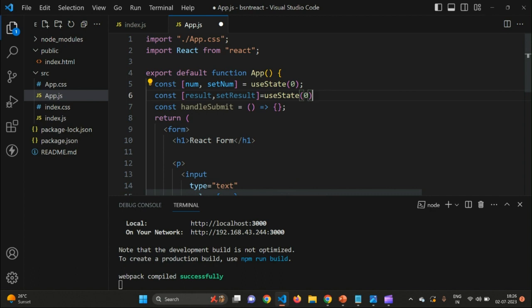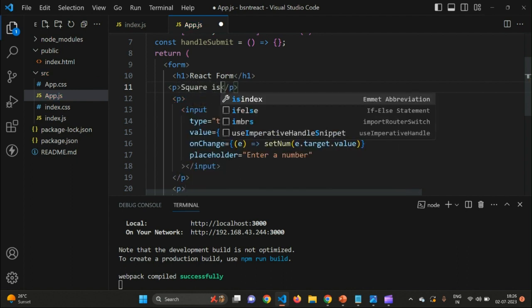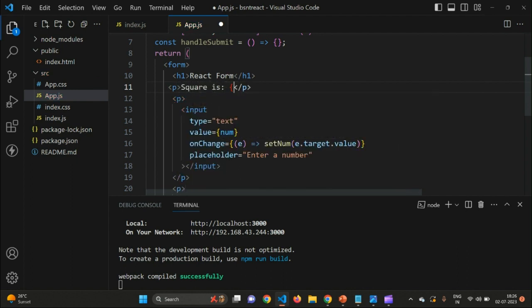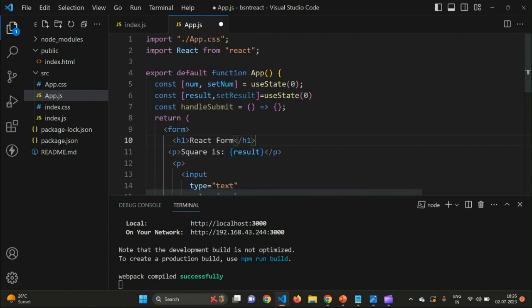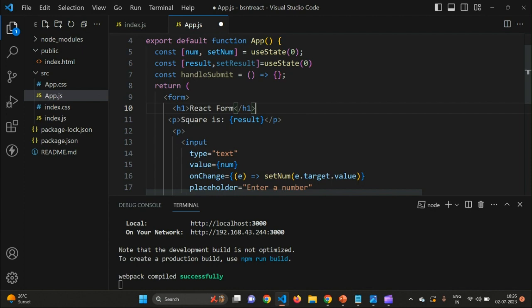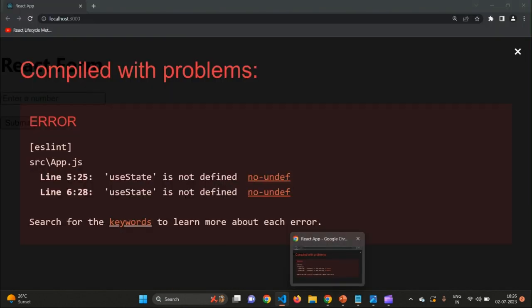Okay, so by default the value of this result is 0, and let me update here, square is, and then after that I'm going to display the value of the result variable, which is 0 at this time. Okay, so now if you simply save this and try to run, what will happen is,